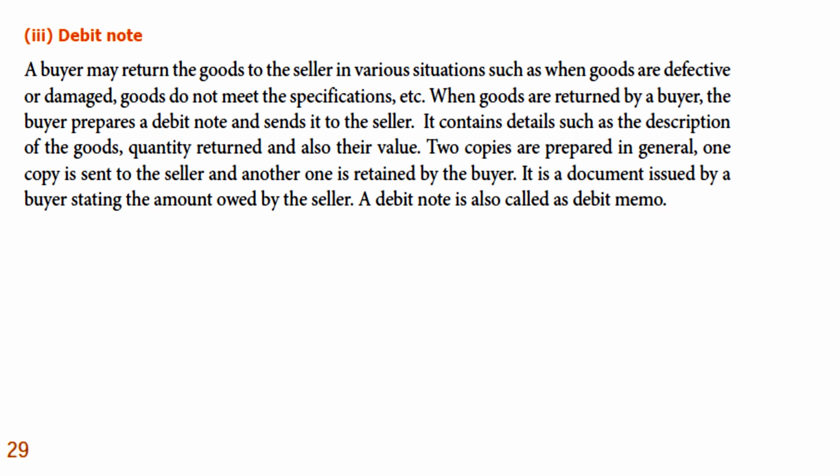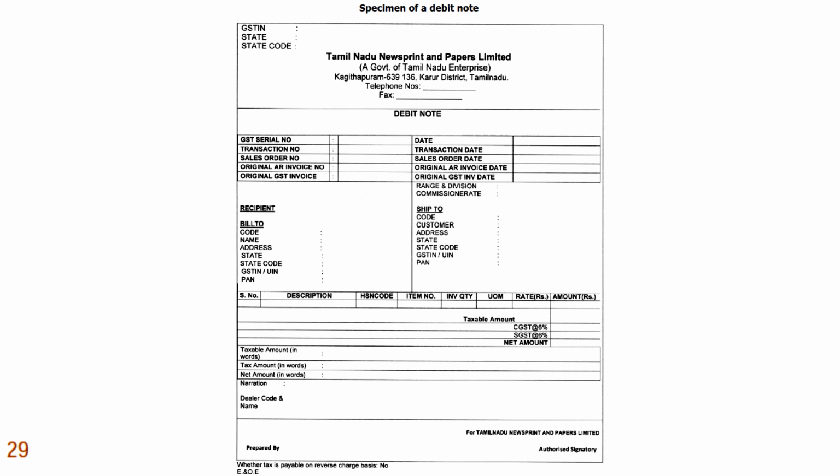It is a document issued by a buyer stating the amount owed to the seller. A debit note is also called a debit memo. Okay, students, so it is prepared by the buyer. When he returns goods, he needs to prepare this, and it should have the details about the goods and the value and the quantity, how much he is returning, all those things should be there. And this is the specimen of debit note. How the debit note should be in your book, it may be clear, just go through it. Okay,